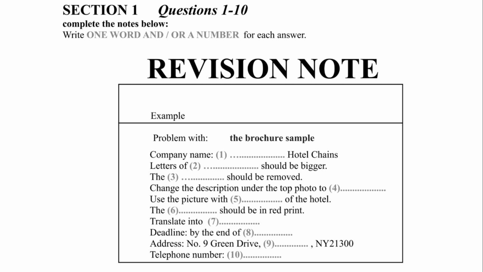No problem then. What is also bothering us is that the description under the top photos on page 4 is incorrect. The word lounge needs to be replaced with reception. Fully noted. Is that all? No, there is more. Turn to page 5. We feel that showing merely the picture of our exterior and interior decoration does not fully represent the appeal of our hotel. On second thought, we've decided to use a picture with the view of the hotel. Do you have the original copy of the picture? Yes, it is also enclosed in the flash drive. Okay, we'll re-edit the whole layout of the photos. Great.